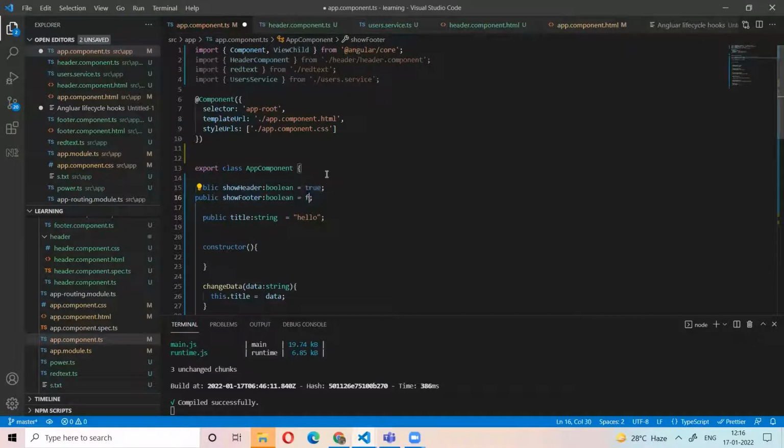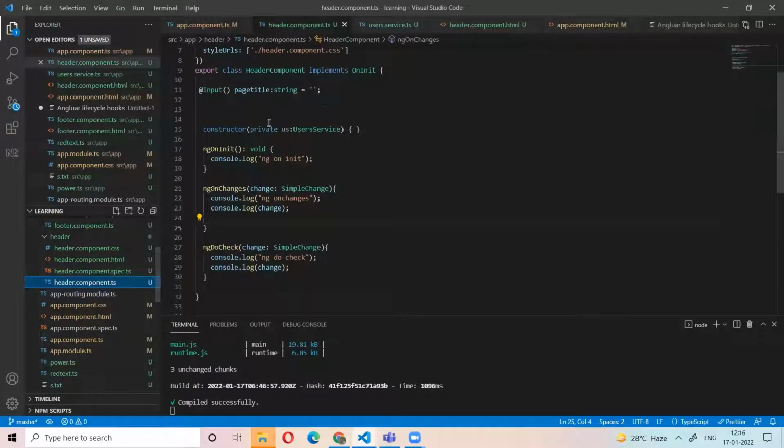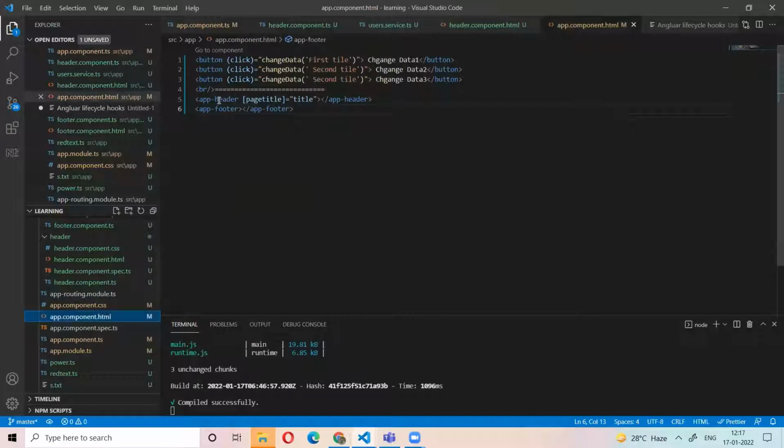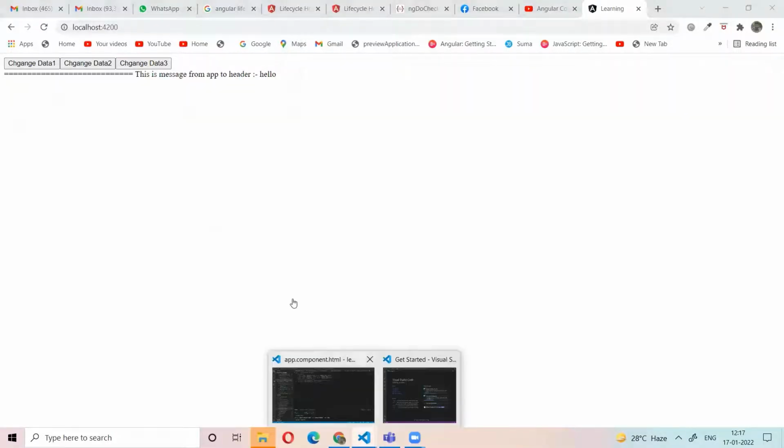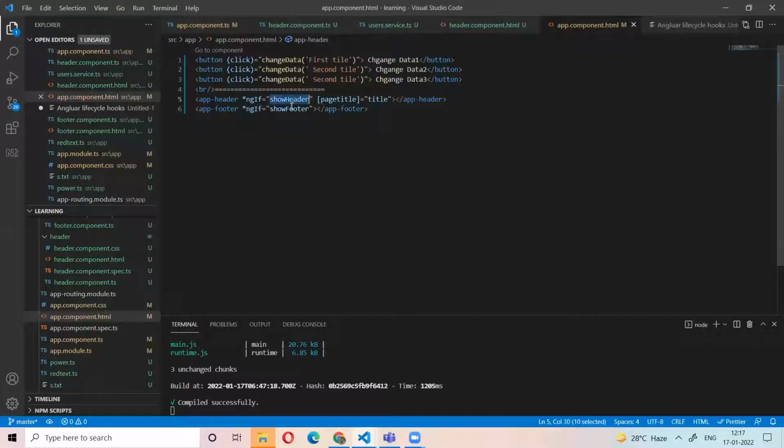So I have two variables, showHeader and showFooter. When I want to show the header, only then I am loading the header component. So I will add a condition here, ngIf. When showFooter, only then the footer. So now only the header component will load because showHeader is true and showFooter is false.